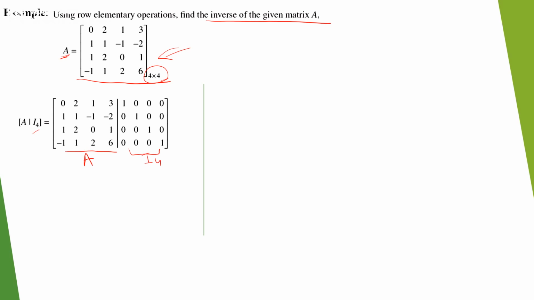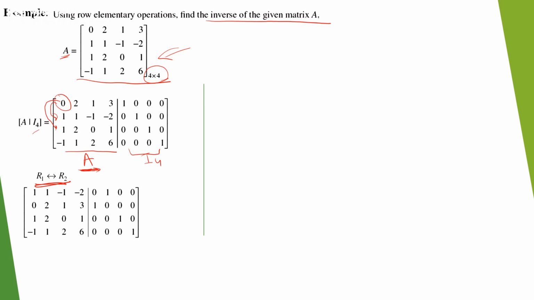Then we apply the elementary operations on matrix A until matrix A becomes identity. So for that we search the first element of the first row, it should be 1. So there we have the option that we replace row 1 with row 2, or row 1 with row 3. So we apply the operation R1 interchange with R2. We interchange row 2 with row 1. So the matrix becomes